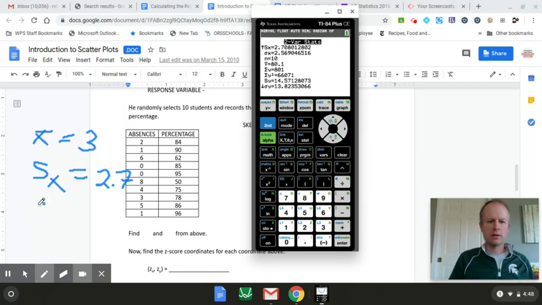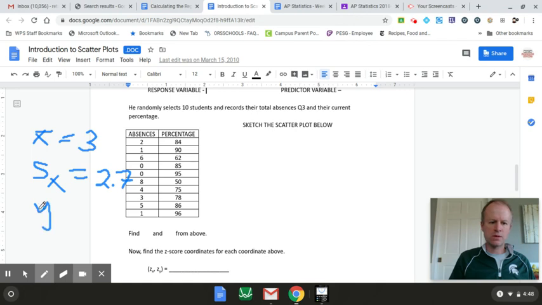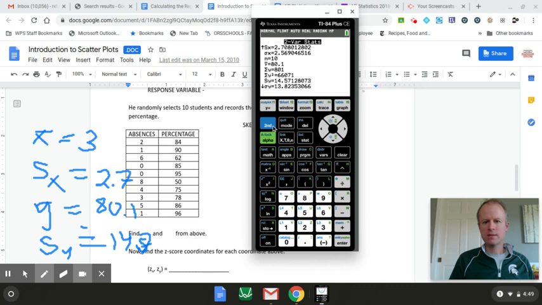I'm going to take those. So 80.1. I'm writing these down over here so that I remember them when we go back. I'm going to show you what else we can do in the calculator. Then the standard deviation of Y is 14.7. Not real clear there. There we go. 14.757, I believe it was. Okay, so what I can do next is